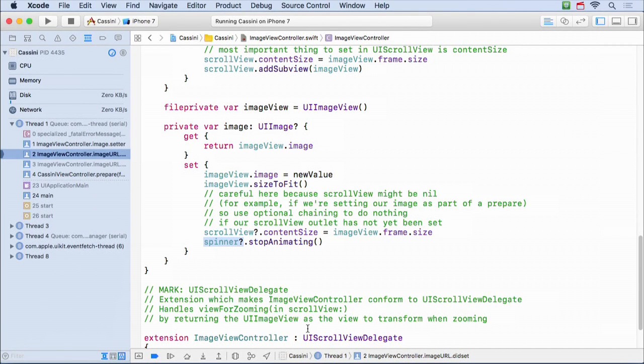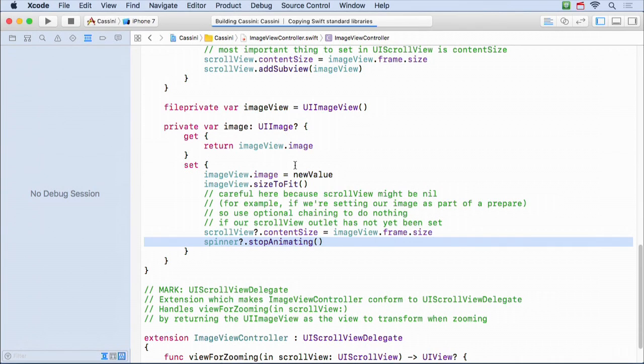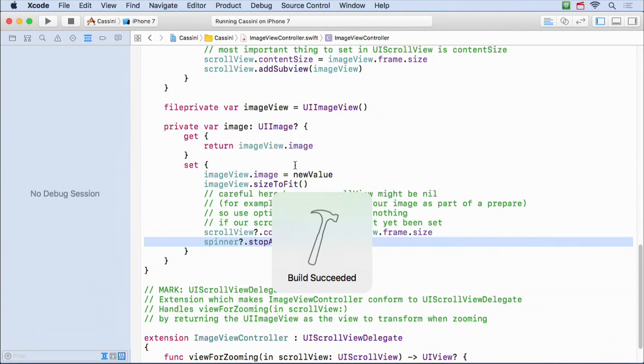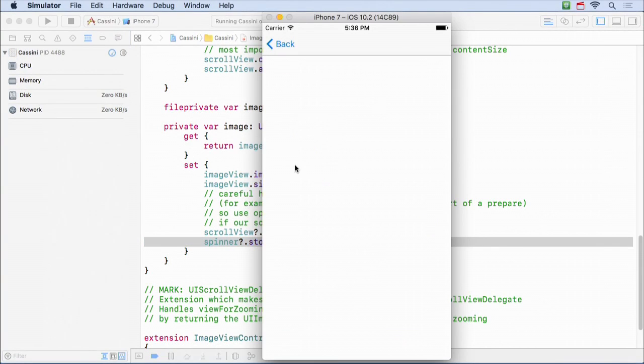It crashes during prepare because you try to set your outlets. Now, this is fine for the spinner not to be set, and I'm setting the image because I never would have started it in this condition anyway, so all is well just to ignore setting the image when I'm preparing. Everybody got that one? You'll all have that hundreds of times in your iOS careers where you have some code that your prepare executes that uses an outlet.